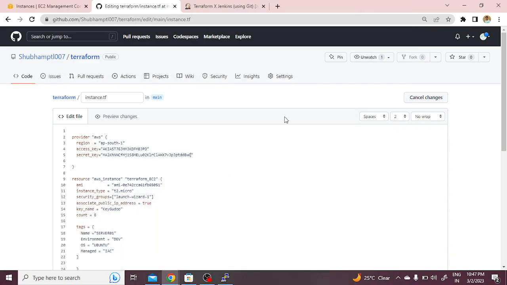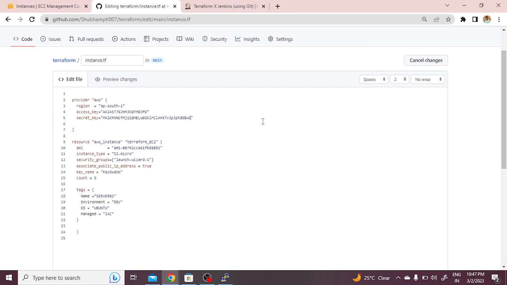For our DevOps project, we required an EC2 instance. For creating the EC2 instance, we need a Terraform file. With the help of the Terraform file, we can create our EC2 instance. So this is our Terraform file,